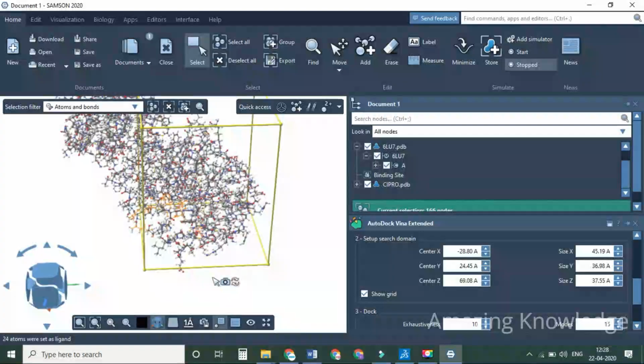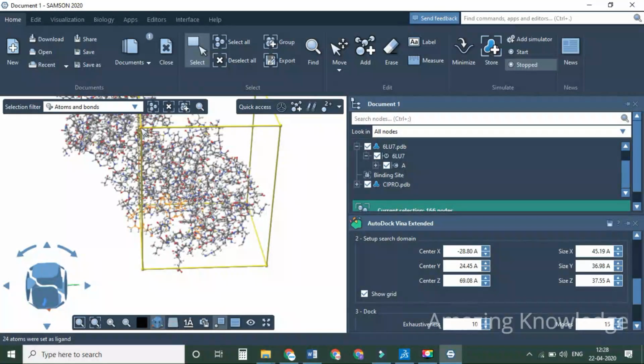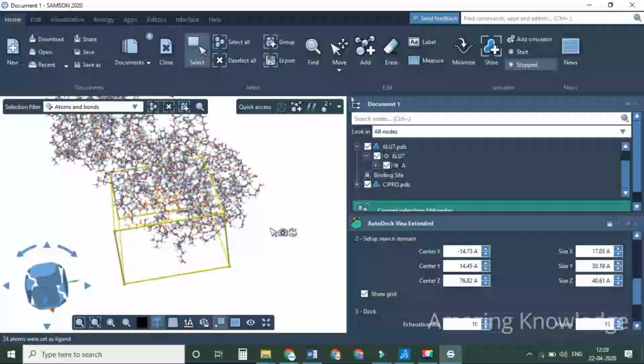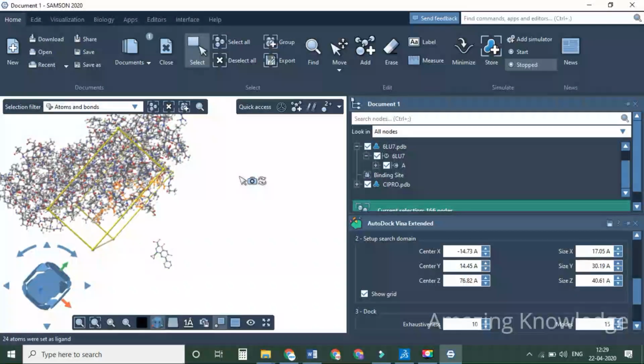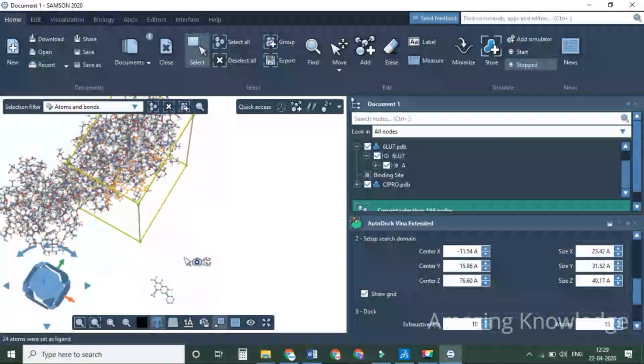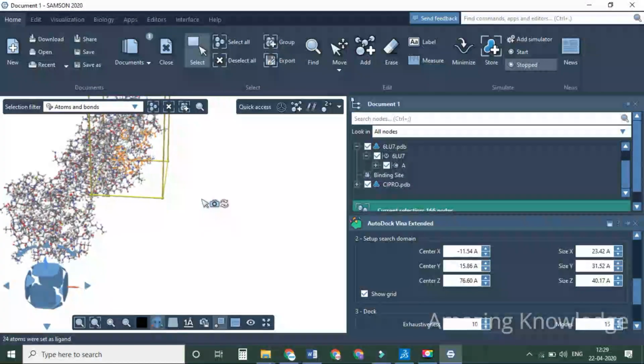You rotate it and check whether all the active site residues are enclosed within the grid box. See, now some of the atoms, residues, are outside. Here you can still reduce it. You rotate in all the three directions and you check.